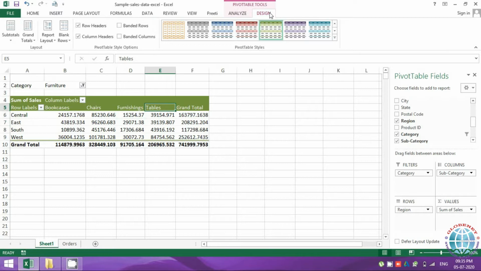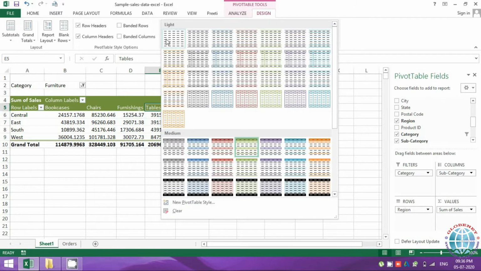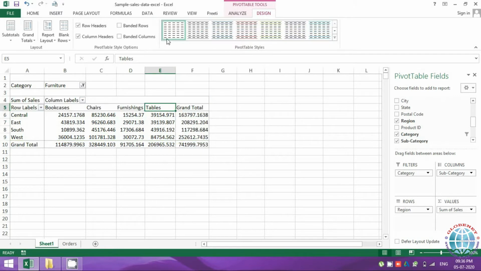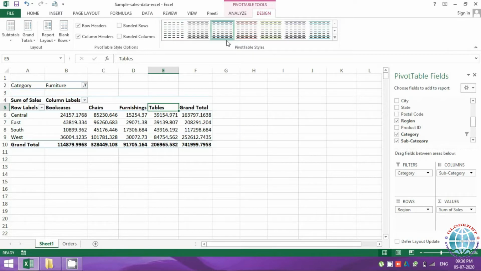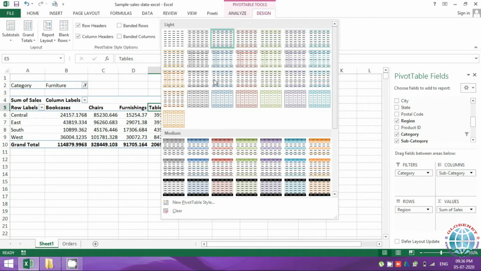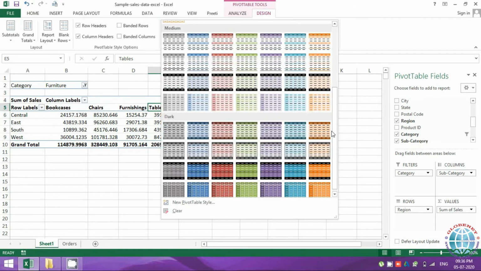So to start with, let's see how the designing part of pivot table works. How can you beautifully present your data? You just have to be in your pivot area and you get this design tab. You can just format your table. If you don't want any formatting, you want to keep it plain, this is the plain formatting. Or if you want just subtle colors, subtle borders, you can do that. So the difference is these are some light formatting, this is a bit medium formatting.